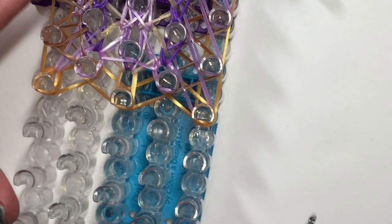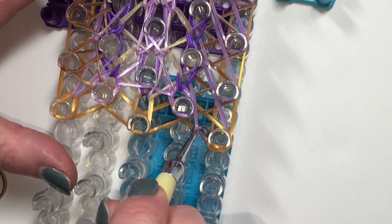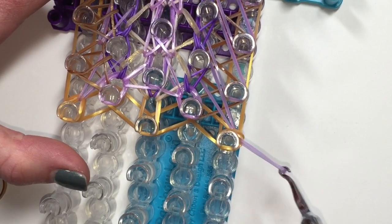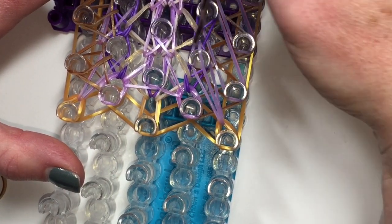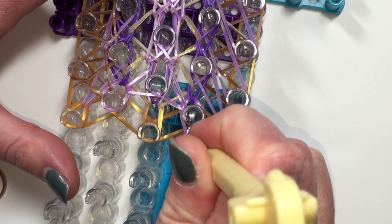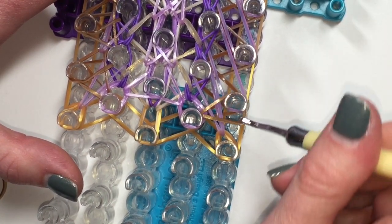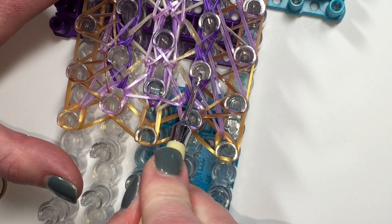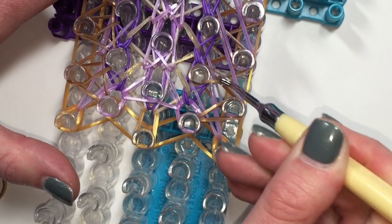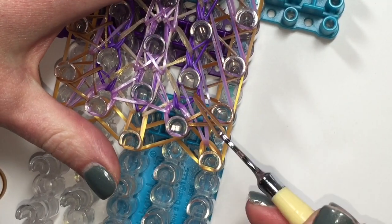I'm going to show you on this side. Okay, we're going into this first pin bar. We're going to grab this cross band here. We're going to be going up, going in here, over this way, going into this pin bar. Might be a little bit tight for this one. We're going to go back to itself,